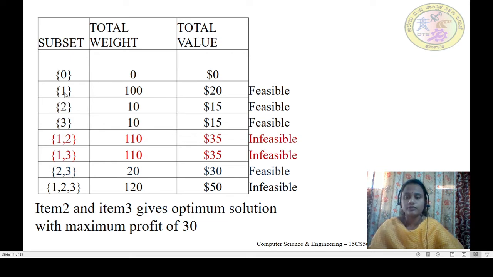create a subset which consists of item 1 and item 3. So item 1 is 100, item 3 is 10, 110. Total weight is 110 and 20 plus 15, that is 35. The same way we can create a subset with the items 2 and 3. Say subset 2 and 3. 2 weight is 10, 3 weight is 10, total weight is 20, and so the profit 15 and 15, that